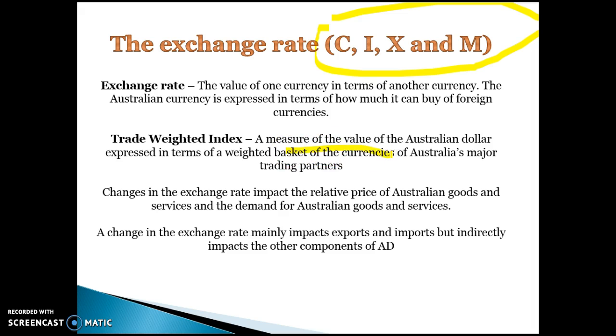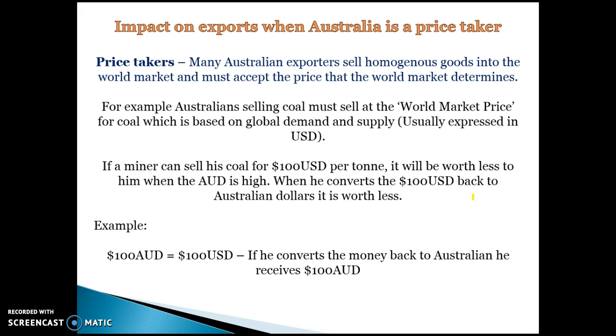So the changes in the exchange rate have a big impact on the relative price of Australian goods and services compared to foreign goods and services for both Australians and foreigners, and that can have a big impact on the net exports component of aggregate demand. So firstly, what I'm going to take you through is examples when Australia is a price taker and a price maker. And these are really important terms because they really add to the quality of your responses